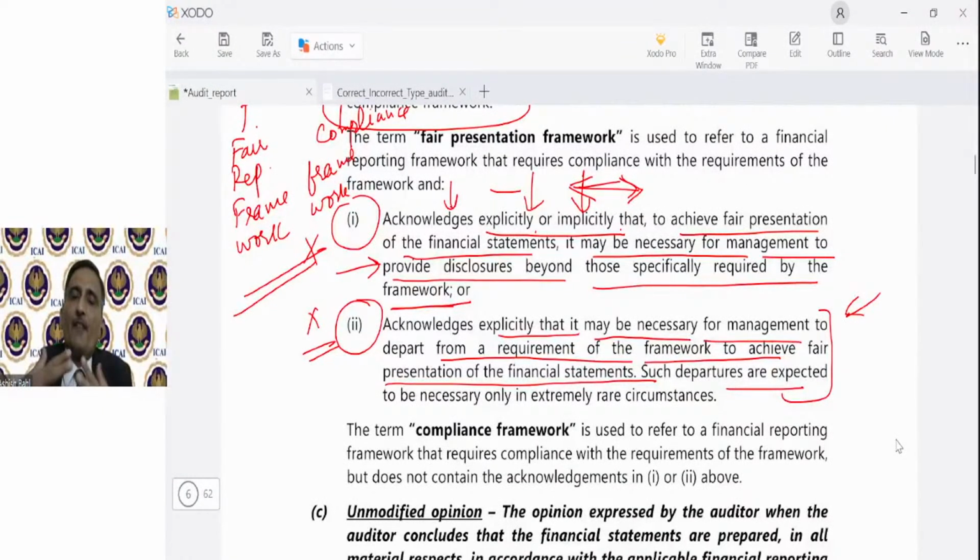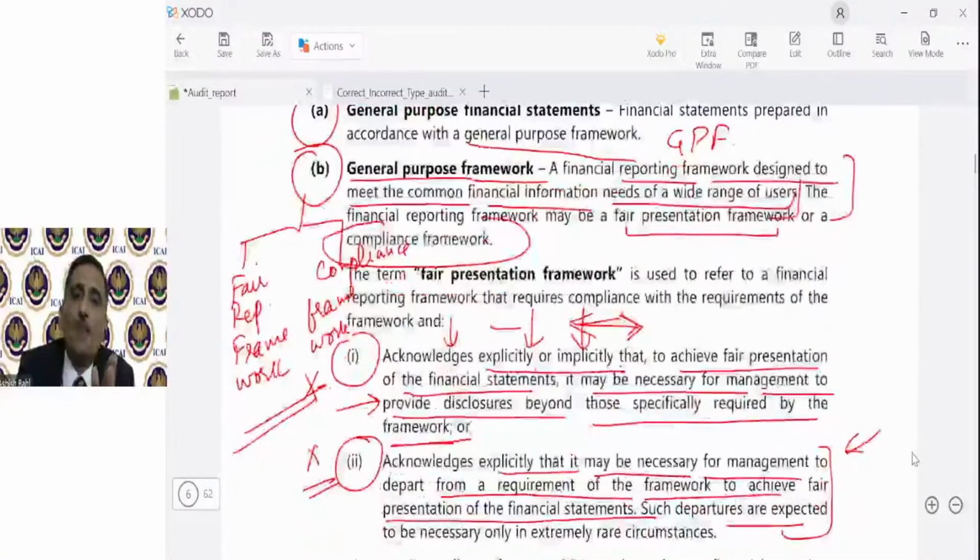जब कोई फाइनेंशियल स्टेटमेंट बनती है, तो पहली बात तो गाइस स्टूडेंट्स आपको ये अंडरस्टैंड करनी है कि अगर वो एक जनरल पर्पस फ्रेमवर्क के हिसाब से बनी है तो उसको जनरल पर्पस फाइनेंशियल स्टेटमेंट कहते हैं। अगर कोई स्पेशल फाइनेंशियल रिपोर्टिंग फ्रेमवर्क के हिसाब से बनी है, उसको स्पेशल पर्पस फाइनेंशियल स्टेटमेंट कहते हैं। स्पेशल पर्पस फाइनेंशियल स्टेटमेंट्स आपके कोर्स में नहीं है। वी आर डीलिंग विद ओनली जनरल पर्पस फाइनेंशियल स्टेटमेंट्स। नाउ जनरल पर्पस फाइनेंशियल स्टेटमेंट्स वो फाइनेंशियल स्टेटमेंट्स हैं जो जनरल पर्पस फाइनेंशियल रिपोर्टिंग फ्रेमवर्क के हिसाब से बनाई जाती हैं। और जनरल पर्पस फ्रेमवर्क का क्या मतलब है? उसका मतलब है कि एक ऐसा फाइनेंशियल रिपोर्टिंग फ्रेमवर्क